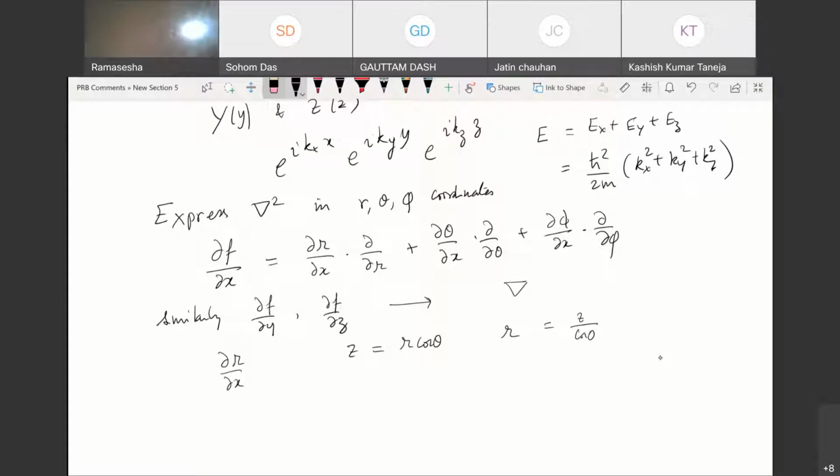Okay. And what I have is I have to now get the function del r by del x. Okay, so if I want to get this function del r by del x, then I must express that as